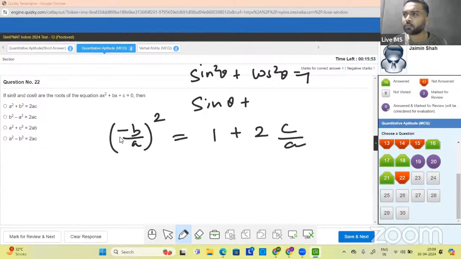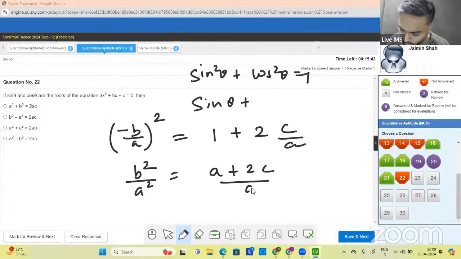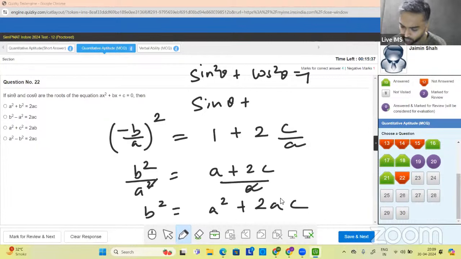sin plus 1 sin theta is equal to 1 plus, ठीक है, sin square theta plus 2 theta, so this will be basically b square upon a square is equal to a plus 2c upon a, so ये cancel, so b square is equal to a square plus 2ac. b square is equal to, कौन सा ऑप्शन है? सेकंड ऑप्शन।